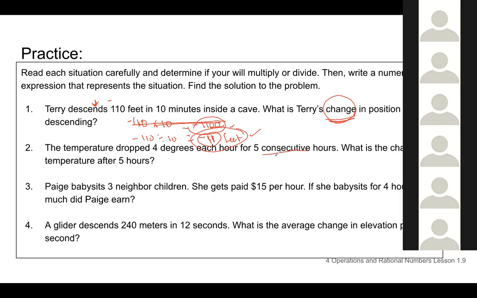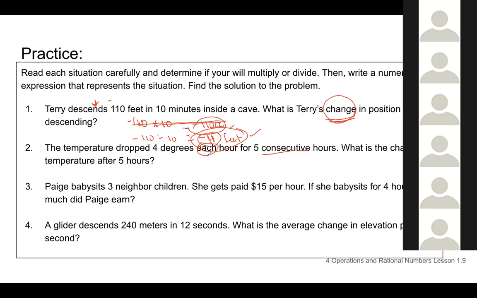But before we answer that, what is consecutive? Consistently. Repeating over and over. Consistent, yeah. Okay, so consecutive is like one after the other. Right? So the temperature dropped 4 degrees each hour for 5 consecutive hours. And I heard somebody say it's multiplication. Is that what I heard? Yes. So the word